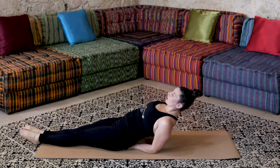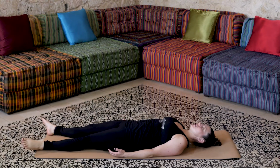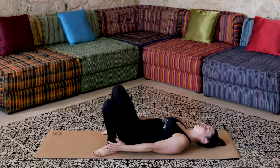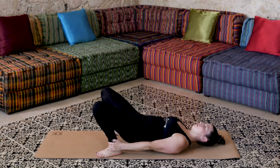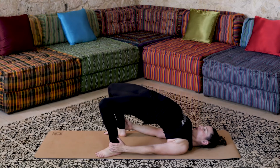Release this pose. Gently lie down on your back. Bend your knees. Bring your heels towards your sit bones. Everyone together, grab your ankles. Lift the pelvis. Bridge pose. You can stay here, or if you would like to do Urdhva Dhanurasana, upward facing bow, place your